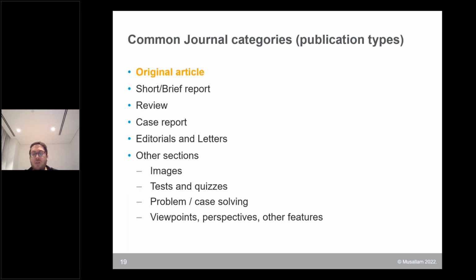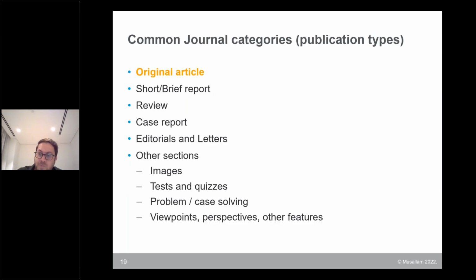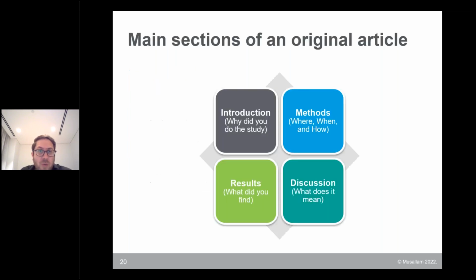So looking at writing the manuscripts, I'm going to go into each of these briefly, probably spend most time on the original article part, and try, as much as I can, to give you the tips and clues about writing this section, and then go over the others in a more brief way, just to tell you that they're out there, there are things to think about. So in an original article,